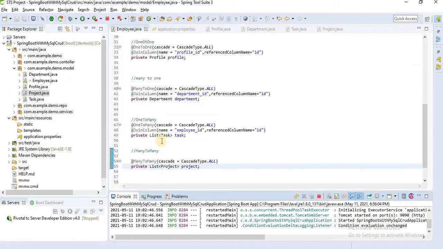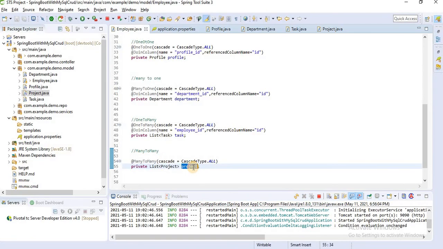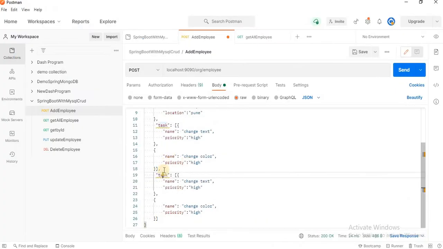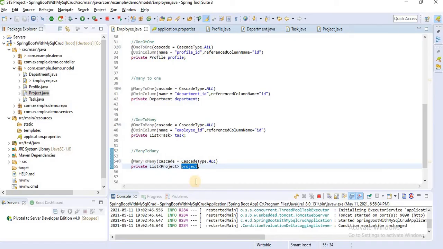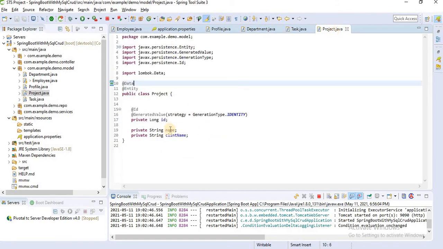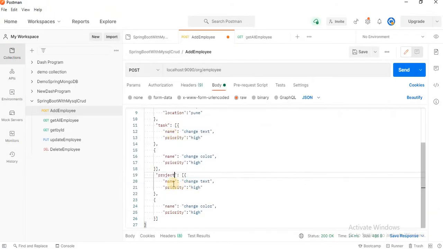Let's go to our project, copy this project, paste it here, and we are passing a list of projects. Here is our project class, name and client name.